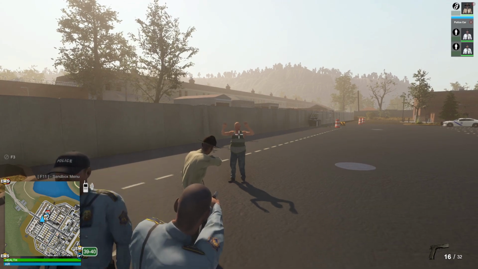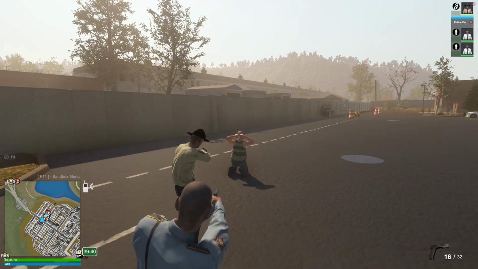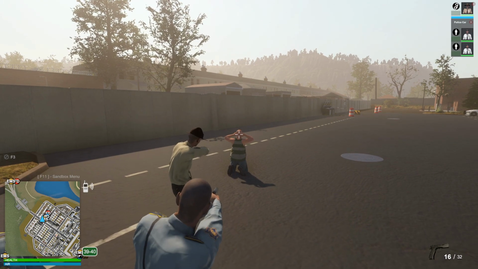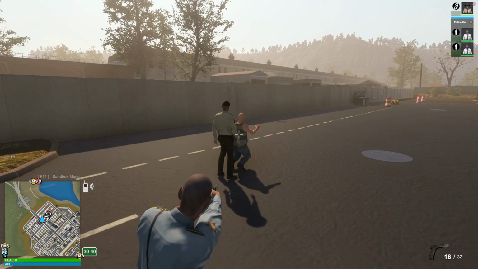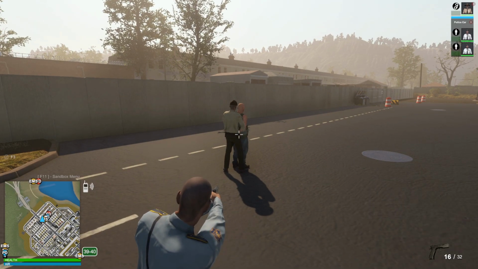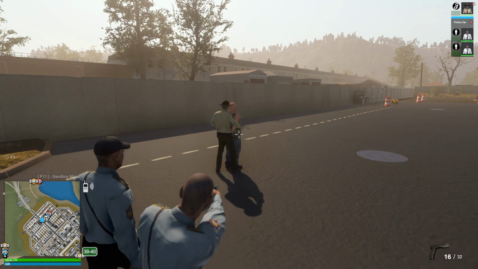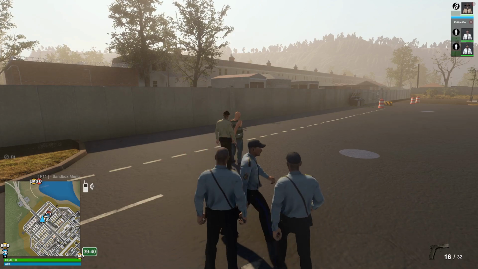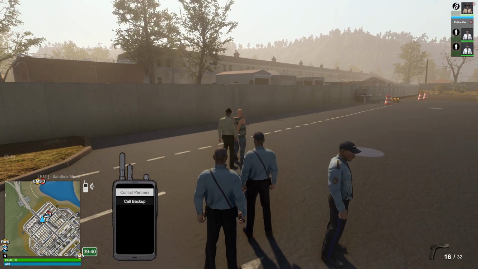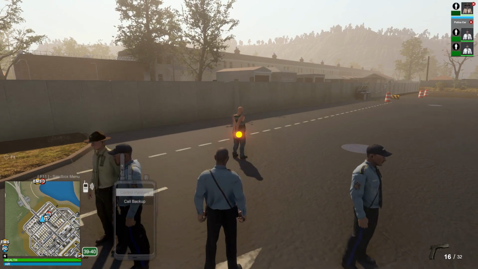So now he's going to go ahead and go for the cuffs. Sir, comply. Do not do anything stupid. Go on your knees. There you go. My partner is going to go in and cuff you now. Now, if I'm not mistaken, in an actual call, they will do this automatically. But you can also give commands to manually detain somebody or arrest somebody or frisk somebody, which I've actually never tried out, the frisk. So I don't know if they fixed that, because before, I think last time I did it, they couldn't